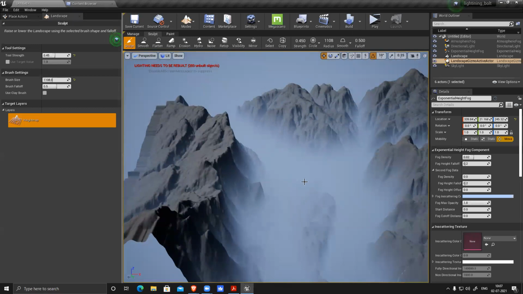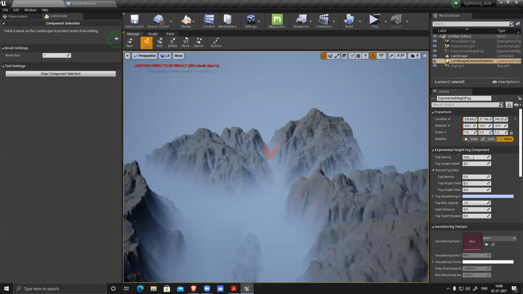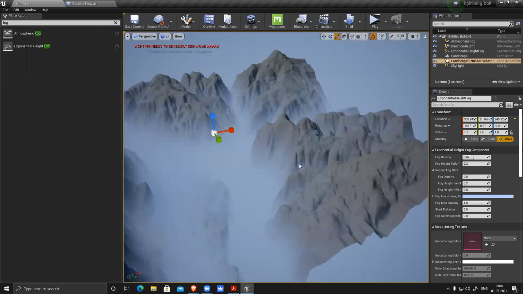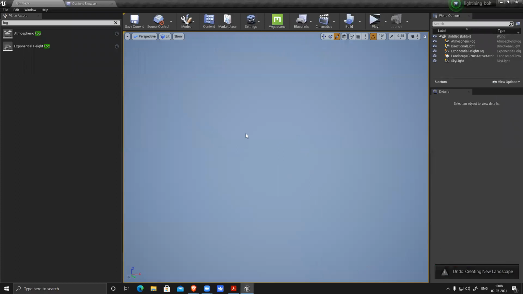Now this thing is ready, but I want to modify something. I can go to manage, or I can exit this, select it, R. I feel the height is too much. You can see if I try to modify the height, it doesn't work, because I have to modify the height before bringing it in, before changing anything. So undo, it's gone.